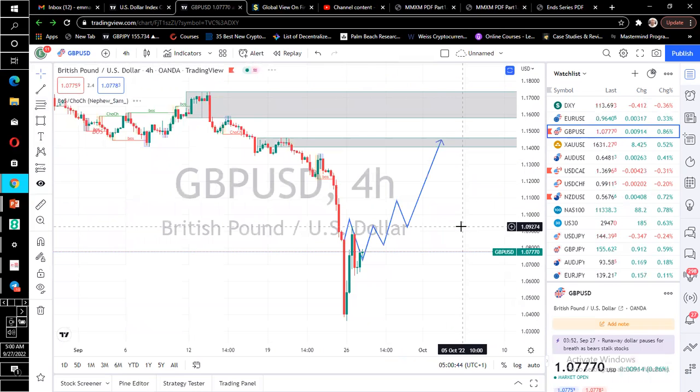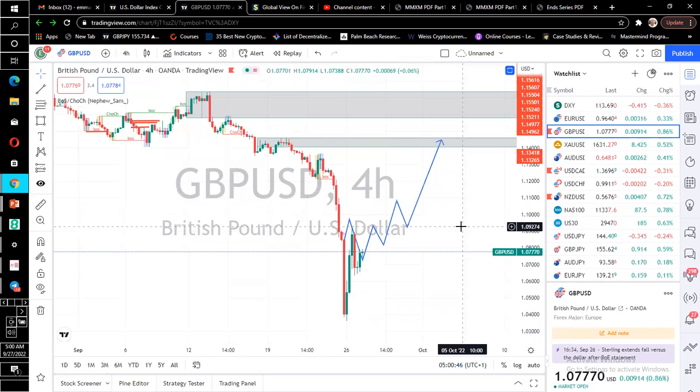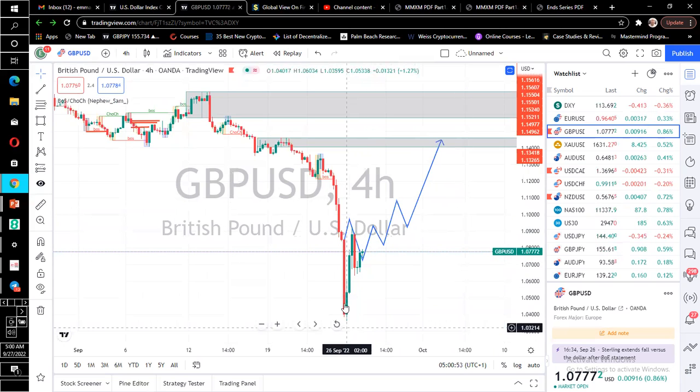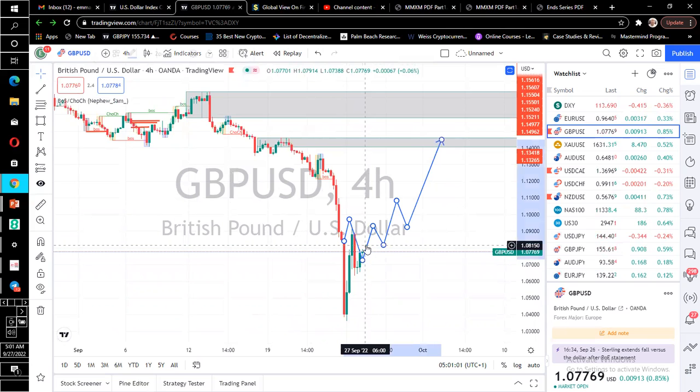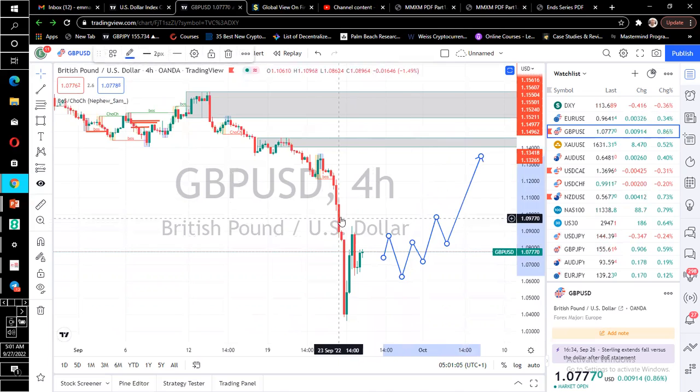The next one is GBPUSD. GBPUSD moved well yesterday. It gave the same stop hunt to downside. All right, taking away the liquidity, then created this particular fair value gap. All right, now that was after it has traded into this fair value gap. It came back and traded into this fair value gap. So we want to see them continue the movement to the upside,